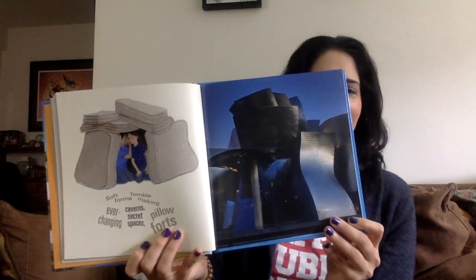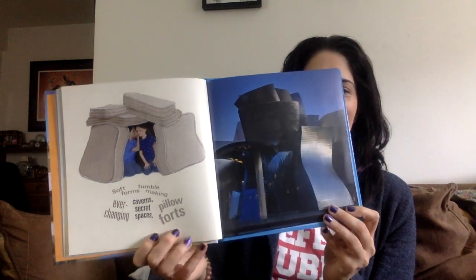too. Isn't this picture fun? Oh my goodness, I don't know if our families would be so excited if we take the couch apart, but